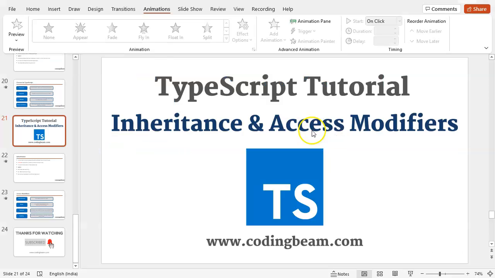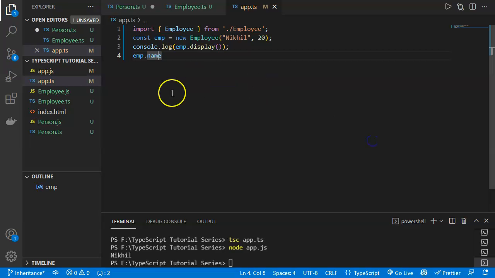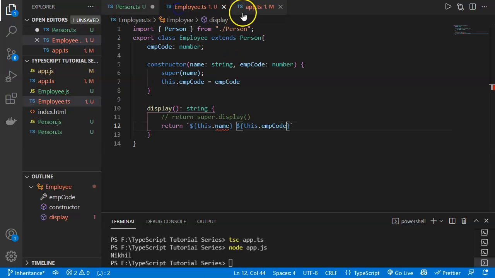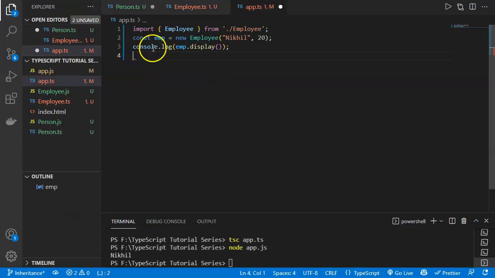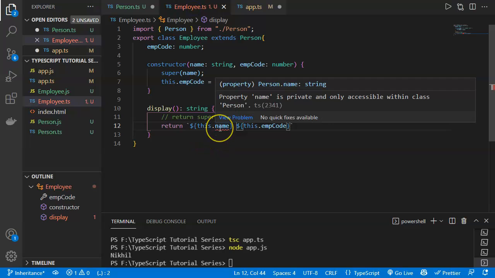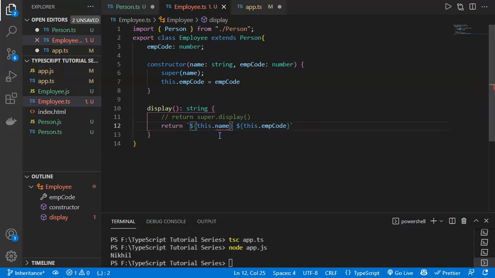So if I access the property in the Employee after declaring it private, you will see it is not accessible in the Employee and in app.ts also. The property name is private and is only accessible within the class Person. So the private property can only be accessed in the parent class and not in the instance.